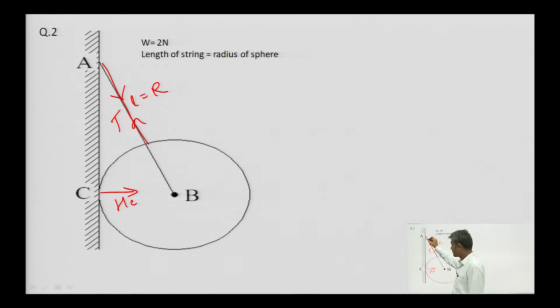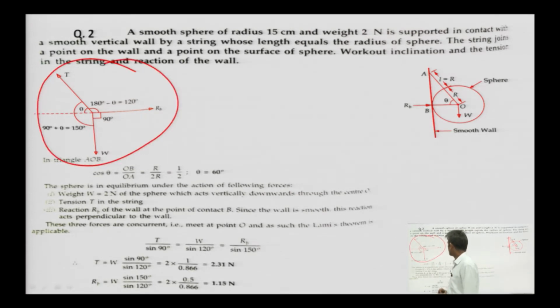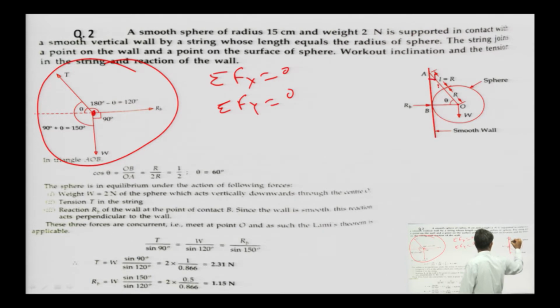If the surface is smooth, then a perpendicular reaction will be produced in the perpendicular direction. How can it be calculated? It can be calculated with the help of this free body diagram. Here we can use the equilibrium equations, sigma Fx equal to 0, sigma Fy equal to 0 at this point. This one is T.